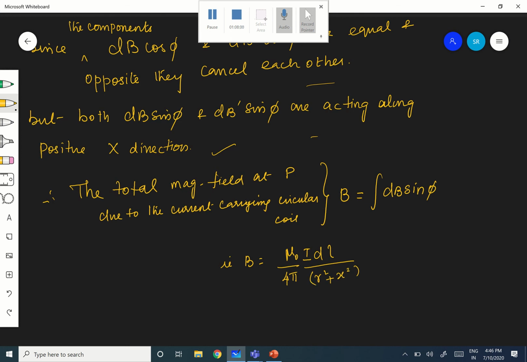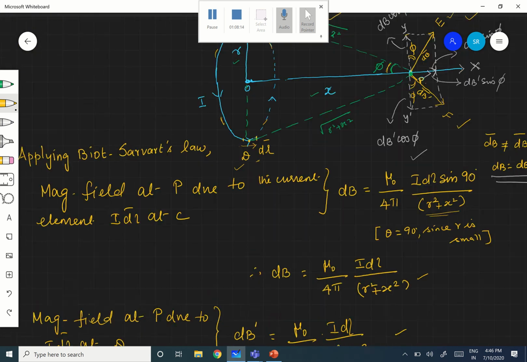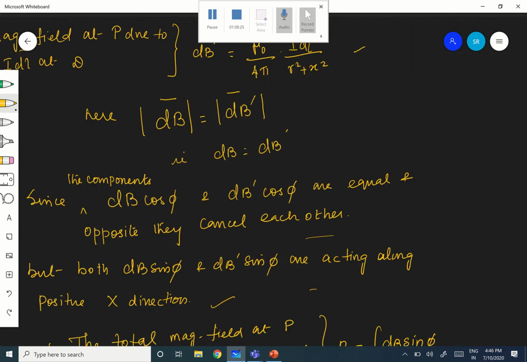This is dB. Then what is that? Sine phi. Everything is integral. What is sine phi? Take sine phi from this triangle. Sine phi is equal to r divided by root of r square plus x squared. Correct? From this, therefore it is